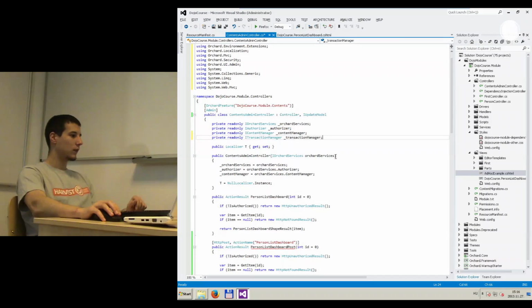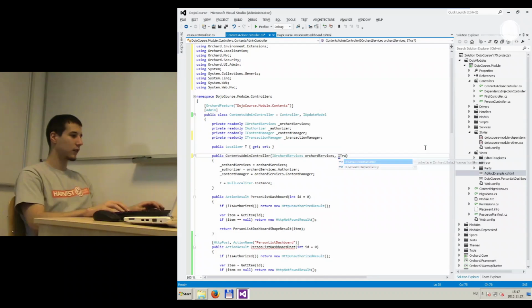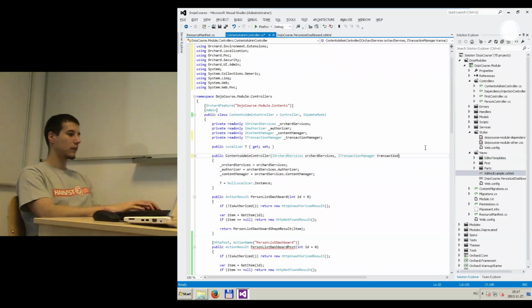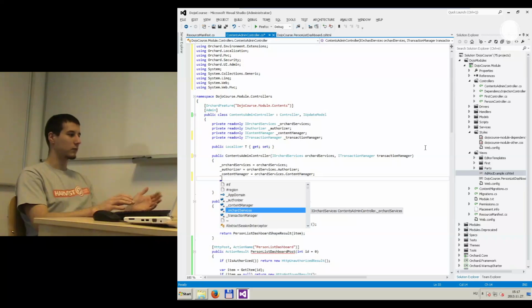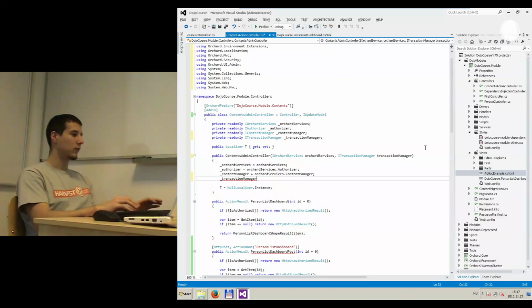So we need another dependency here, ITransactionManager, and just the usual process that could be a little faster with some code snippets. And now we're saving this reference, because as usual we are taking advantage of the dependency injection framework. So we're saving the reference of the transaction manager service,